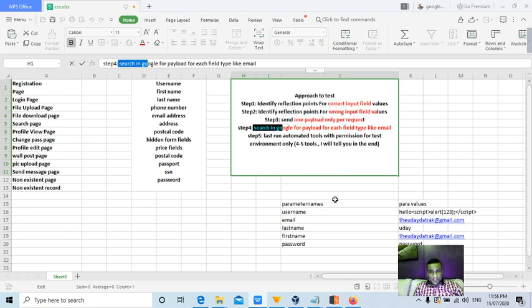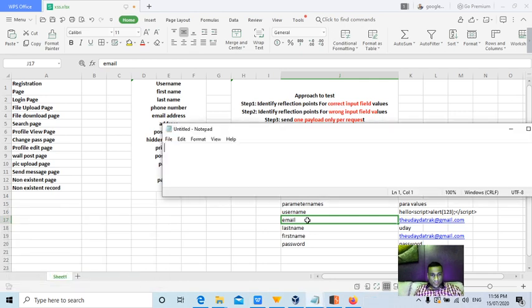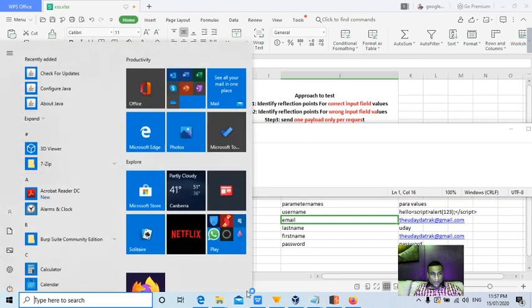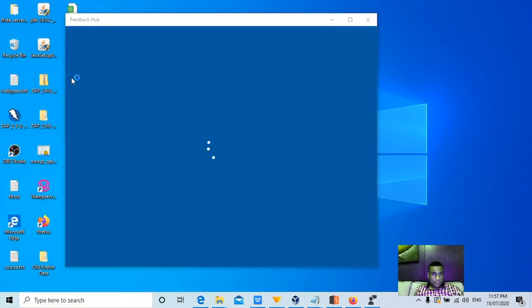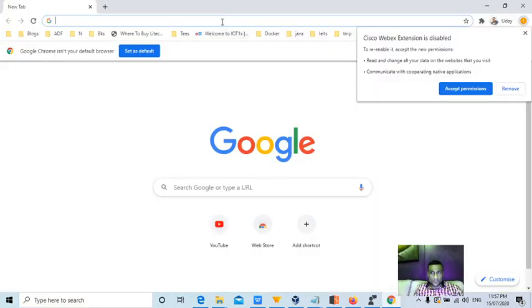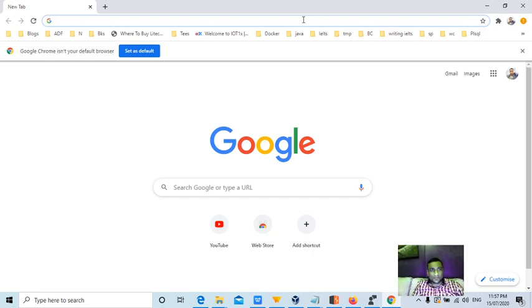A very important thing: sometimes when you give script alert 123 script in the place of an email address, the web server will not accept the request, because it always knows that an email address should be something at something.com. It will check for the @ symbol and also the dot. So in Google you have to search for such input fields, like Chrome. This is the important point, because most people cannot report cross-site scripting for the email address field. I have seen lots of people who worked under me not report cross-site scripting for the email address field because they simply enter script alert 123 in the place of the email address, guys. That's wrong. So search for email address